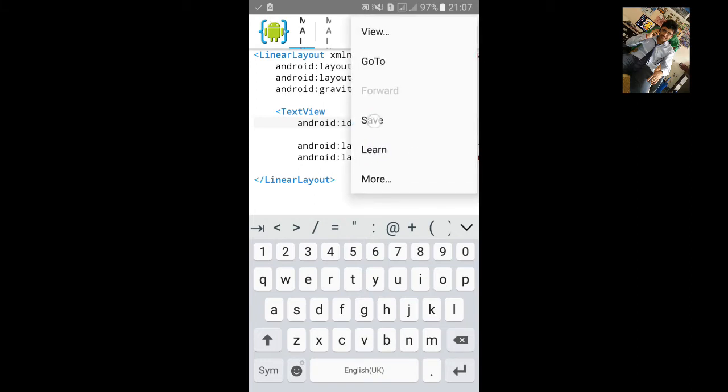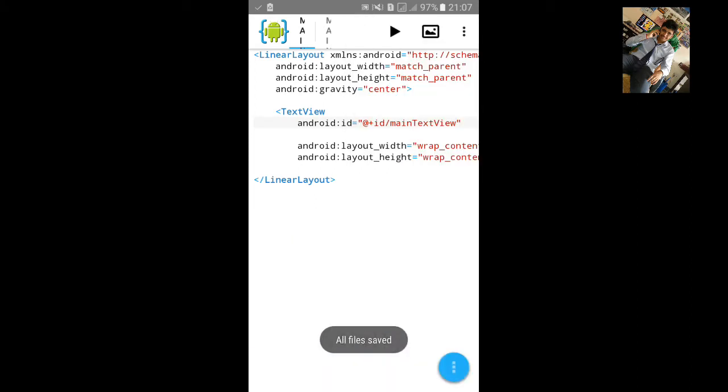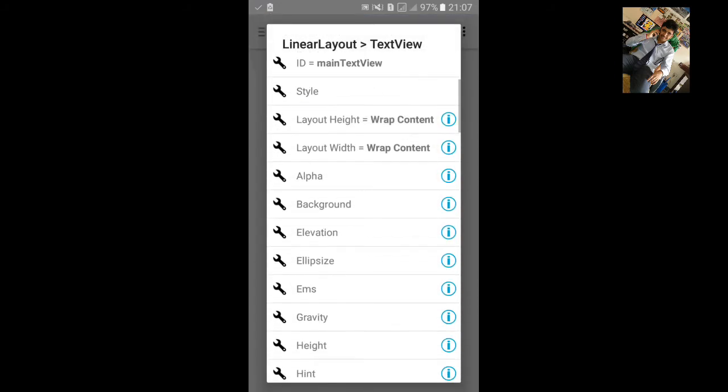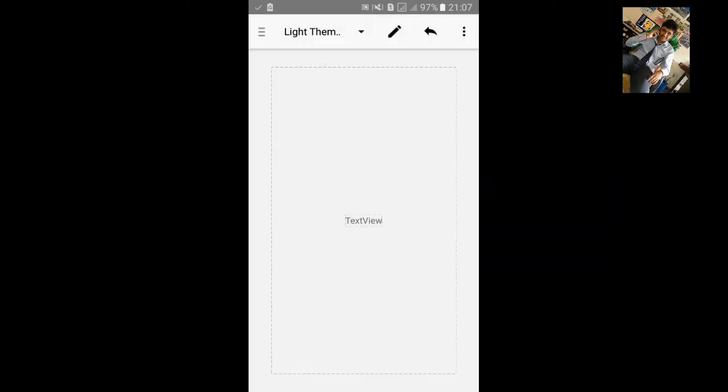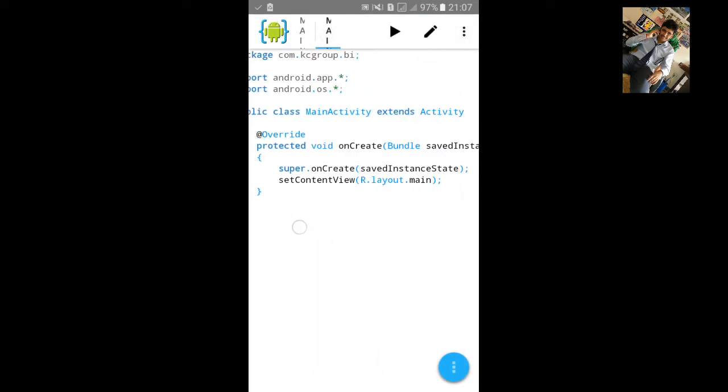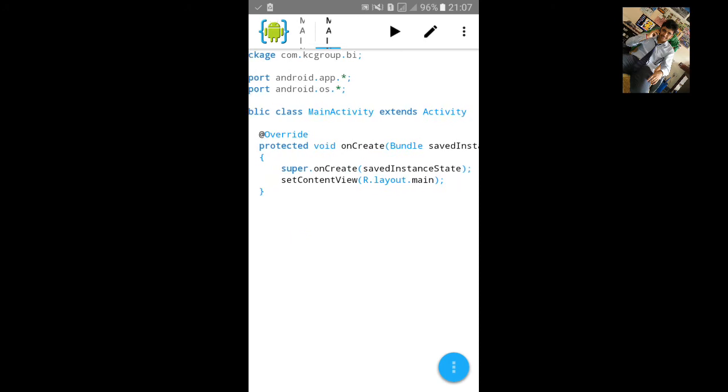Okay, save it. Let's view. You can add a size if you want. Let's not add, and then go to MainActivity.java,